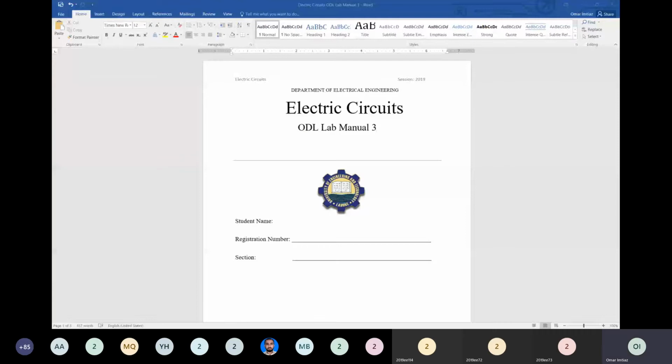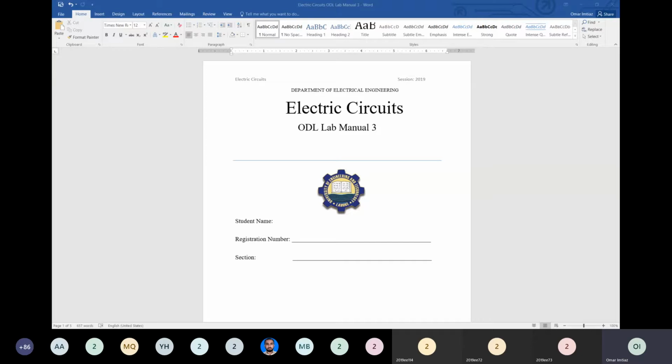Any more questions on the DSO? What I'll do is create a separate assignment for the DSO report, and I will mention details on that in the group as well. So you can refer to that if you have any confusion when you start writing a report. The deadline will be next Friday, the one before Eid, and the deadline for the lab manual, which I will talk about in a moment, will be Wednesday, like for the first two experiments.